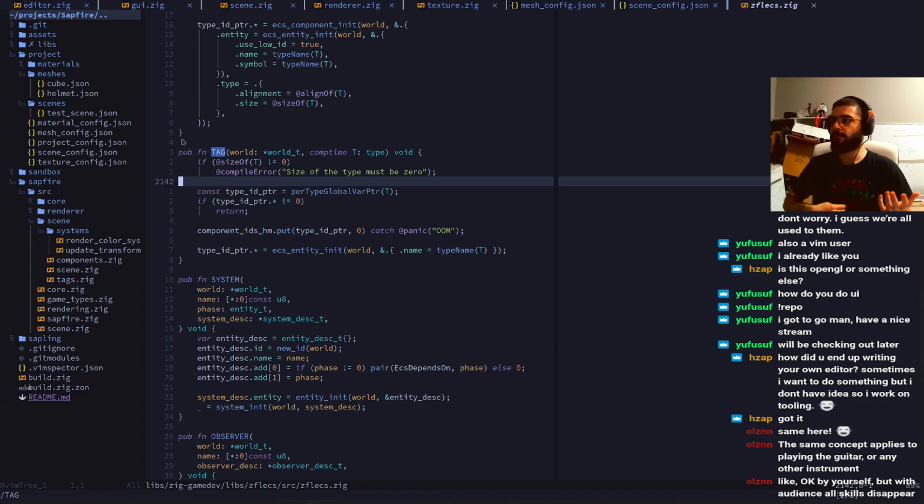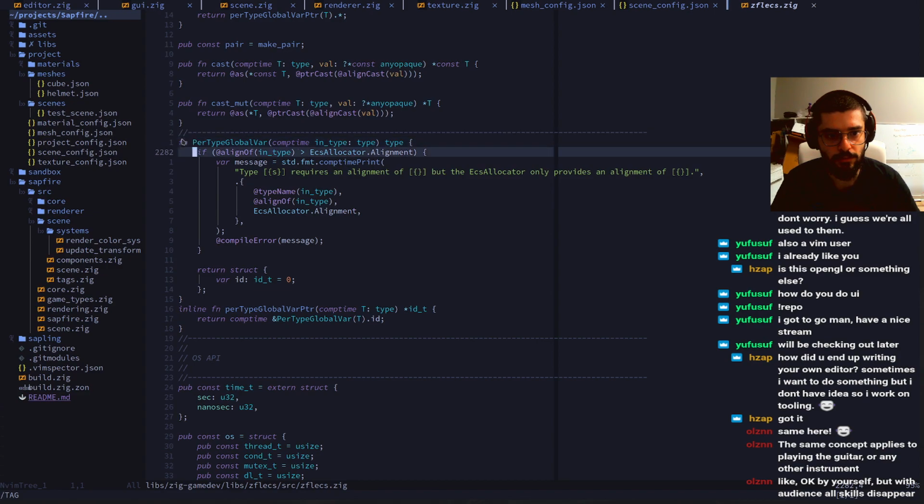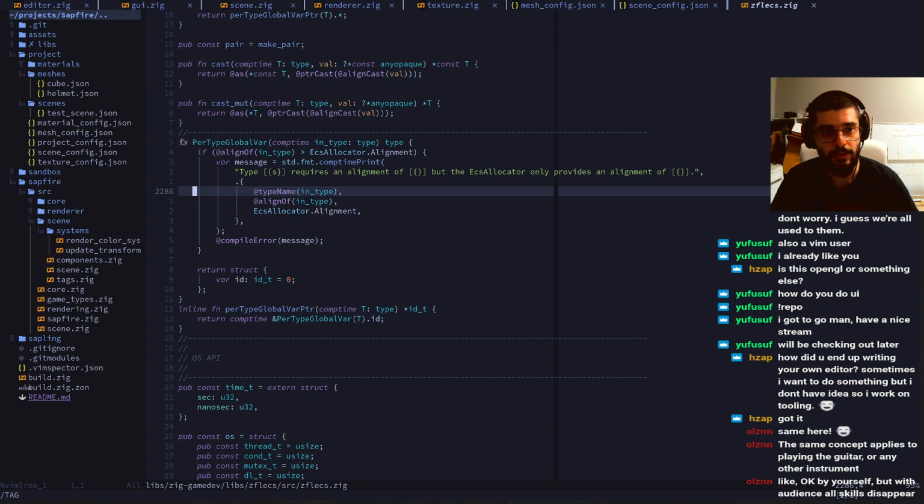This would make my life much easier if I just create a tag with a string instead of a tag with a structure. I wonder. Some type pointer per type global. What is this? Comptime type name align of. All right. I mean,